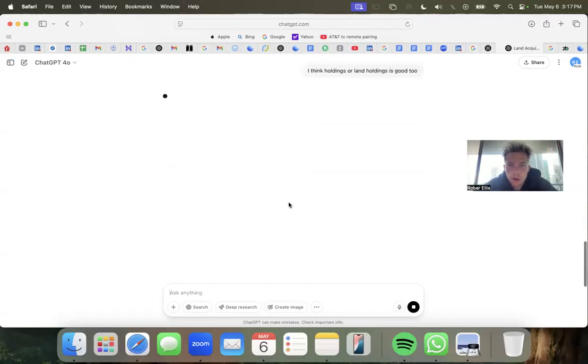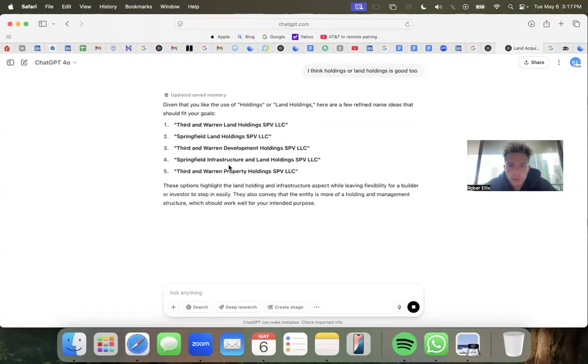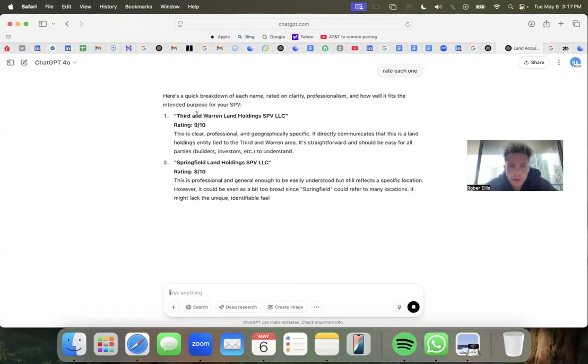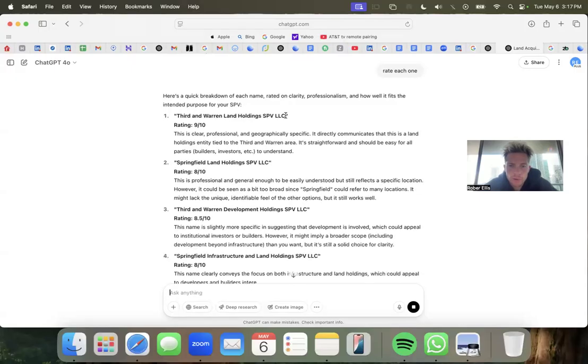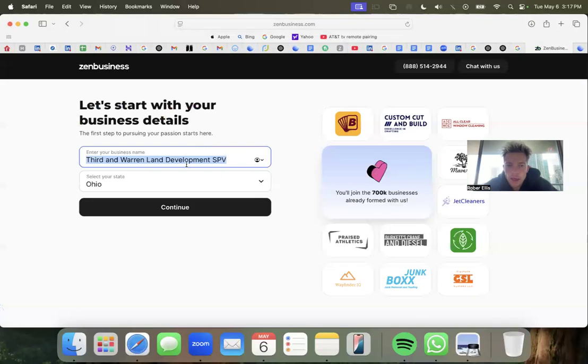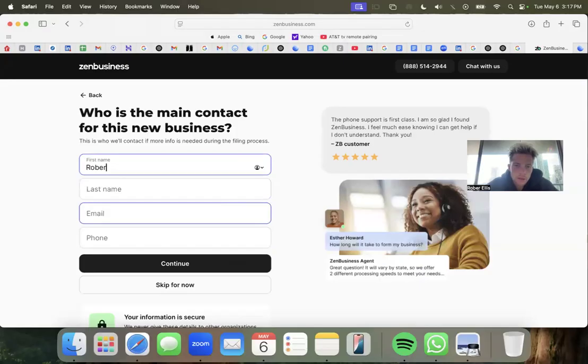The whole point is to come in and 3rd and Warren Land Holdings SPV, rate each one. 3rd and Warren Land Holdings SPV LLC. Right? And that's the feeder that's coming into it. So as we put 3rd and Warren Land Holdings SPV LLC, and as we put this in,